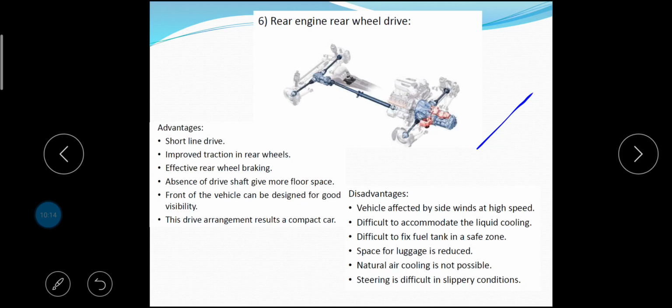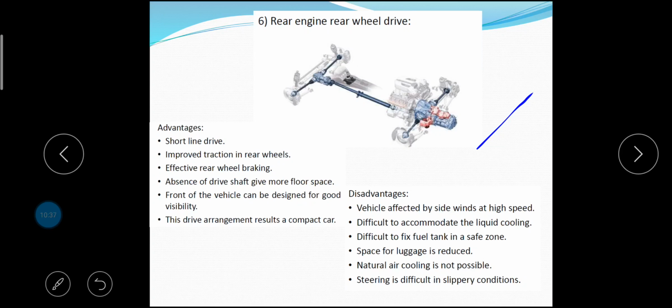In comparison to front wheel drive, it has a simpler drive shaft layout. Further, the weight of the rear engine on the driving wheels provides excellent traction and grip, especially on steep hills as well as when accelerating. In spite of the low proportion of the vehicle weight transferring to the front wheels, very effective rear wheel braking is possible.